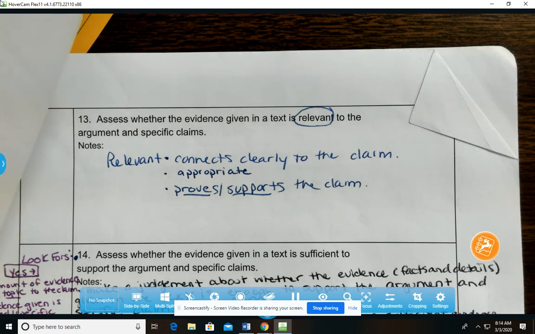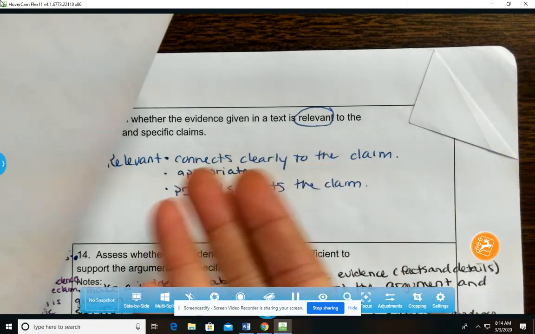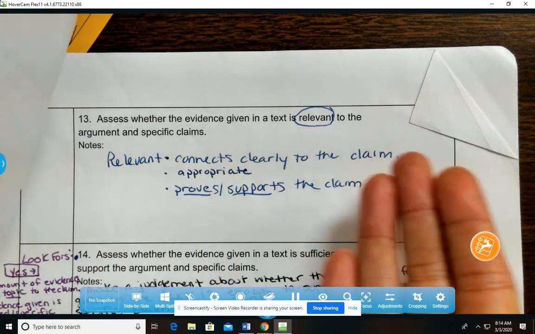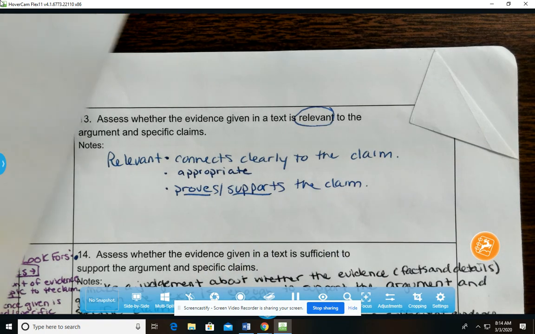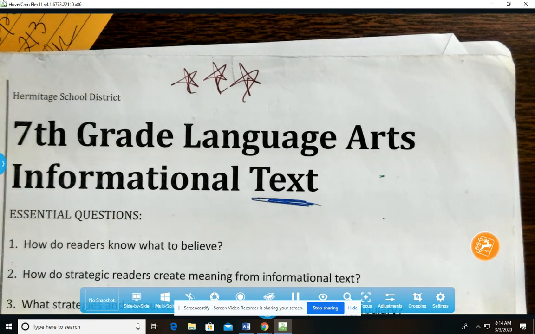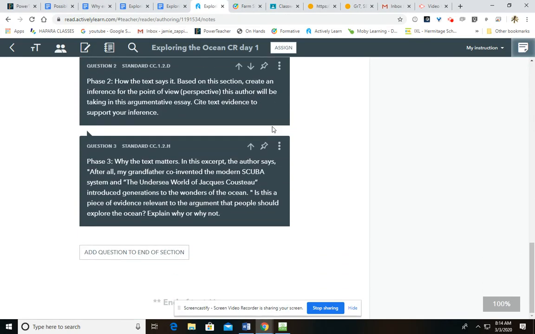I'm going to give you a piece of evidence, and you need to decide whether it's relevant. Remember, relevant means it connects clearly to the claim or to the central idea of the text. It's appropriate, and it proves or supports their claim as well. The specific piece of evidence that I give you for this is as follows. I want you to look at the idea that he says, "After all, my grandfather co-invented the modern scuba system,